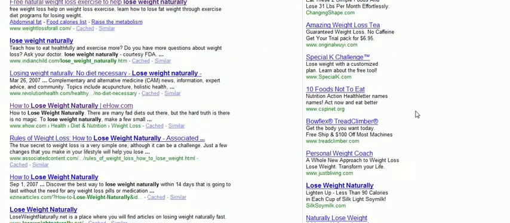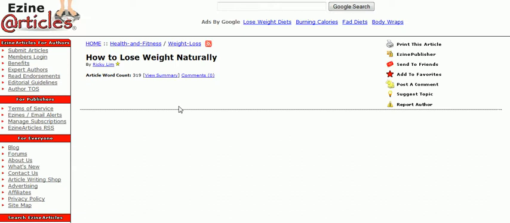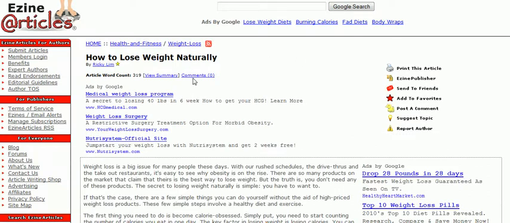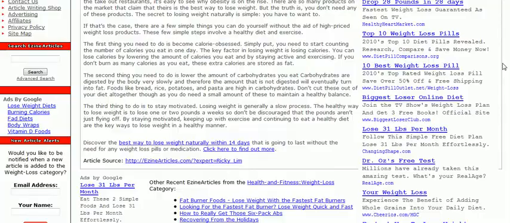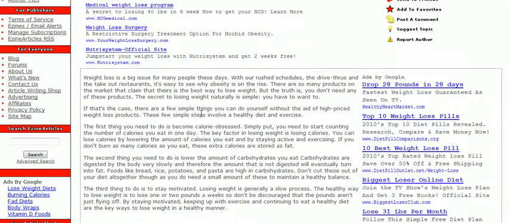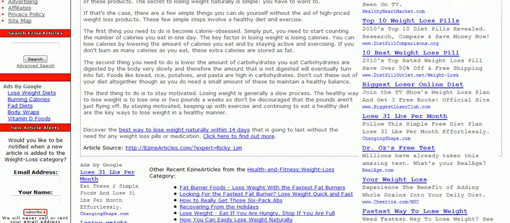That's a fast way that you can go through and write articles. And that's a really effective strategy, is to, again, just go through articles and look for ideas. And you notice here, this is a good keyword phrase because you saw associated content, you saw eHow, you saw ezine articles, all these kind of sites that you can possibly get traffic from are actually on the first page. But you can just go through the different articles that are already written on this subject and maybe take some ideas and bullet points that they provide from their articles. So there's just a lot of different strategies you can use.